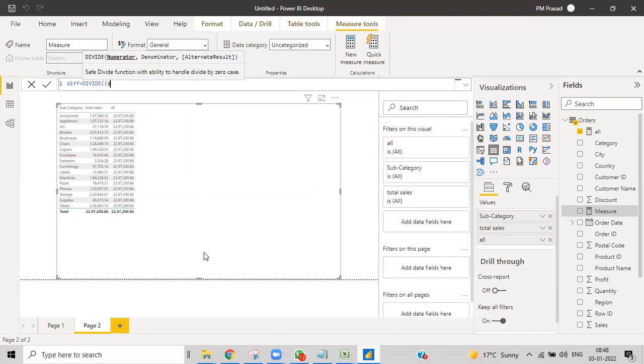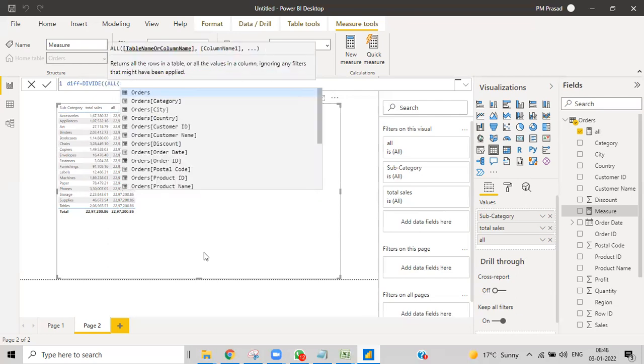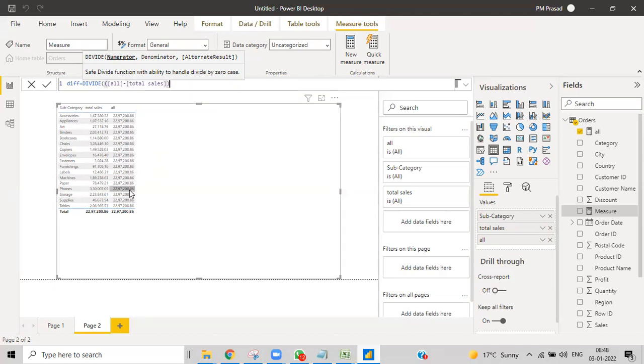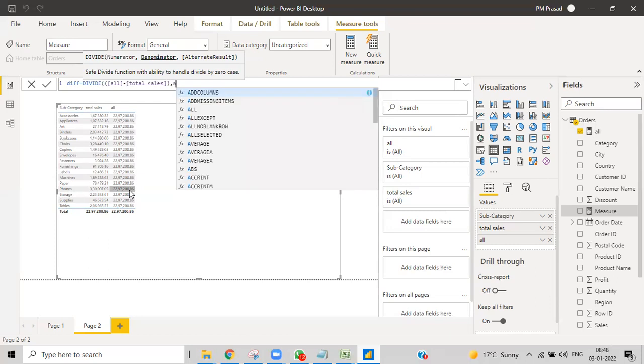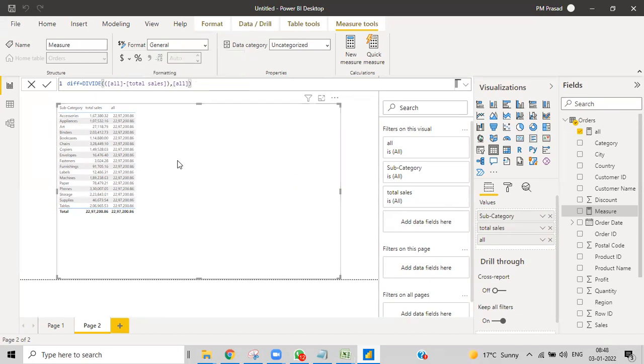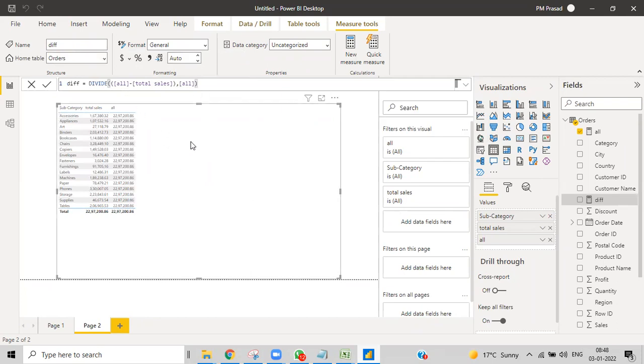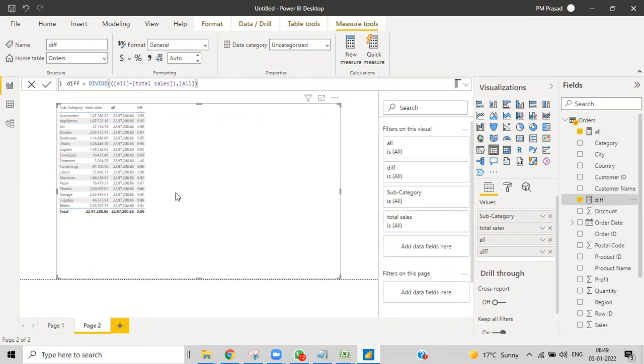All sales minus total sales, where All sales means the All measure, minus the total sales, divided by All. I hope. So this is 93, 93. Yeah, I've written it wrong. I hope so.